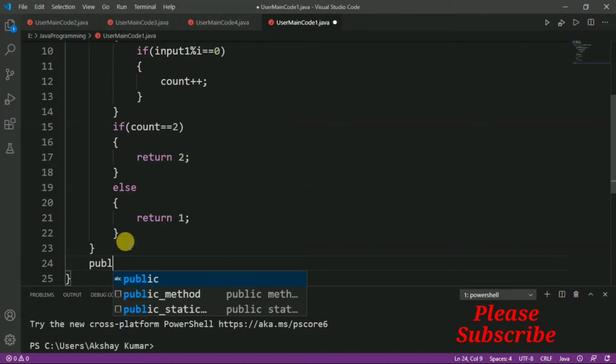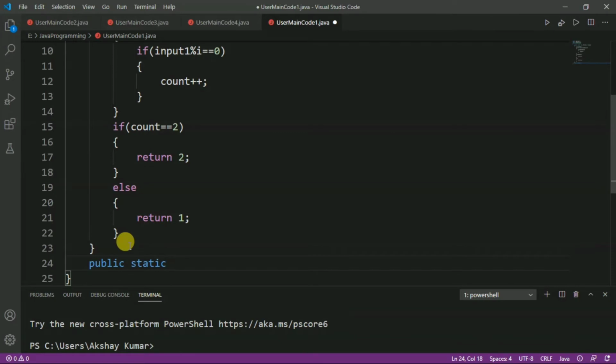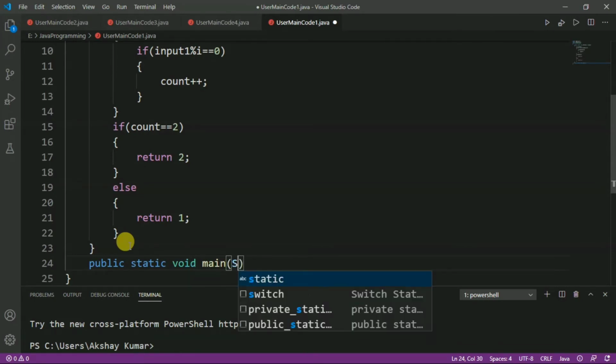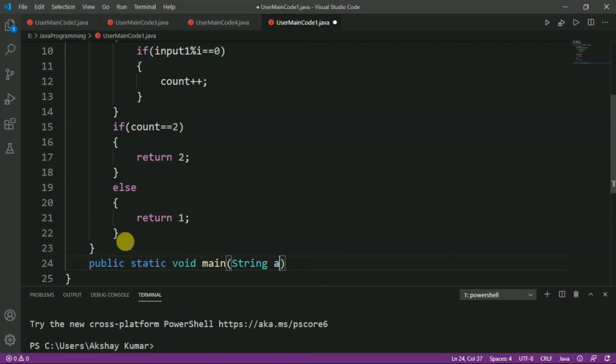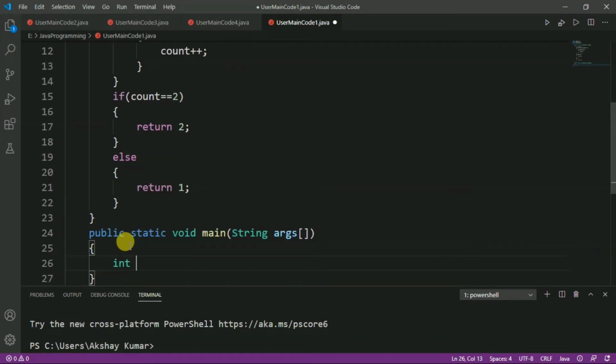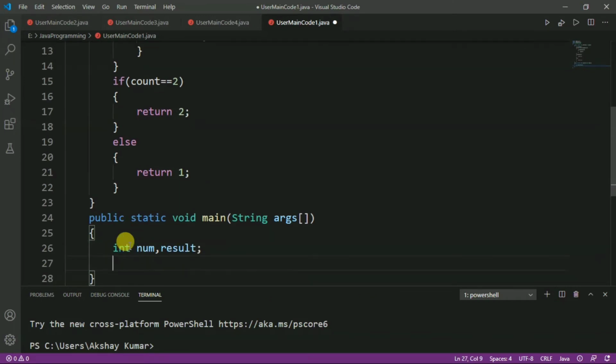After that we will write the main function. So we have to write public static void main, String args. After that we will take the number from the user. So we have to declare one number, and we will store the value of the function call into the result variable.